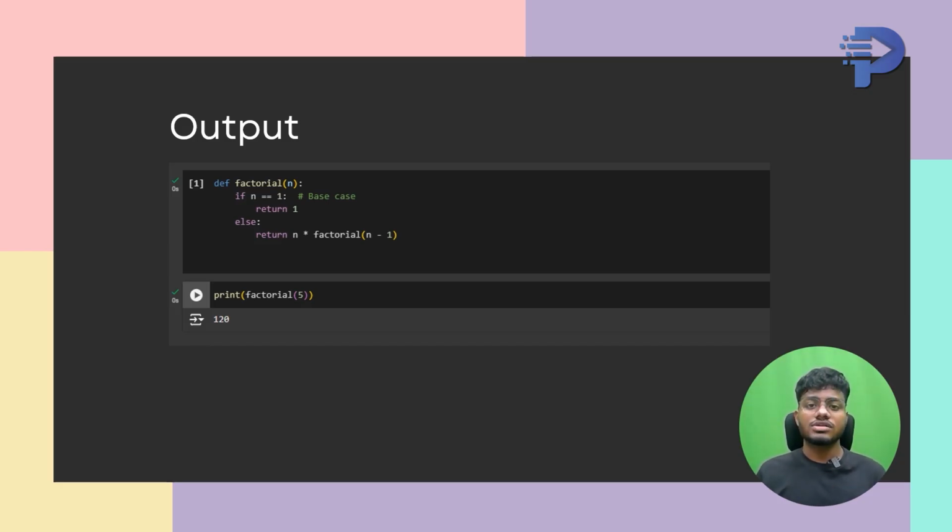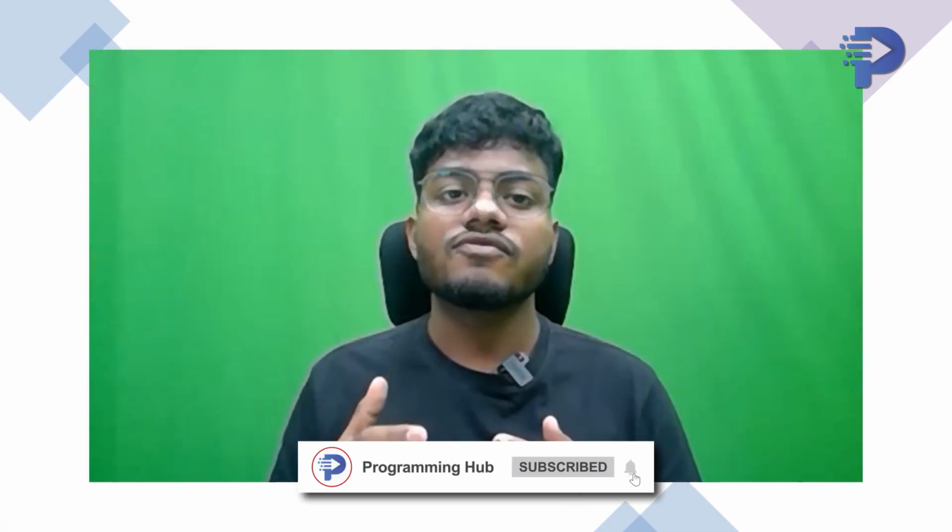So why does recursion work here? It works because the function keeps calling itself with smaller values of n until it hits the base case. Each time it returns, it multiplies the result by the next number, which builds up the final result step by step. Recursion is a really powerful concept and we have just scratched the surface with calculating factorials. The key to recursion is having a clear base case that stops the recursion. Otherwise, it will keep calling itself forever.